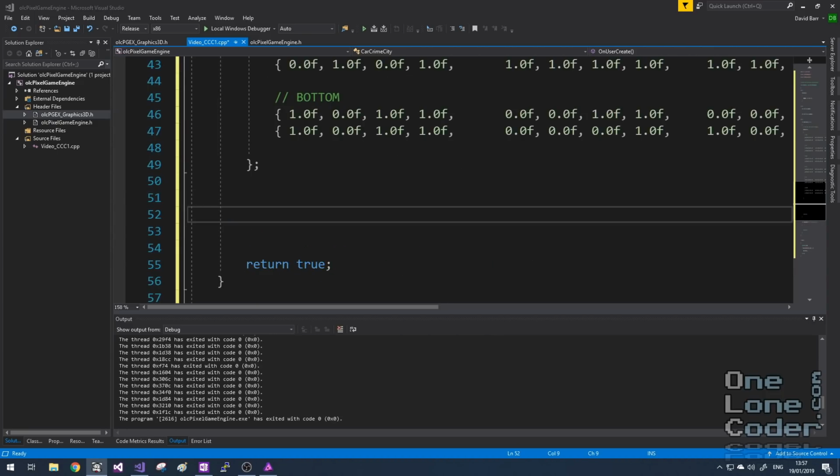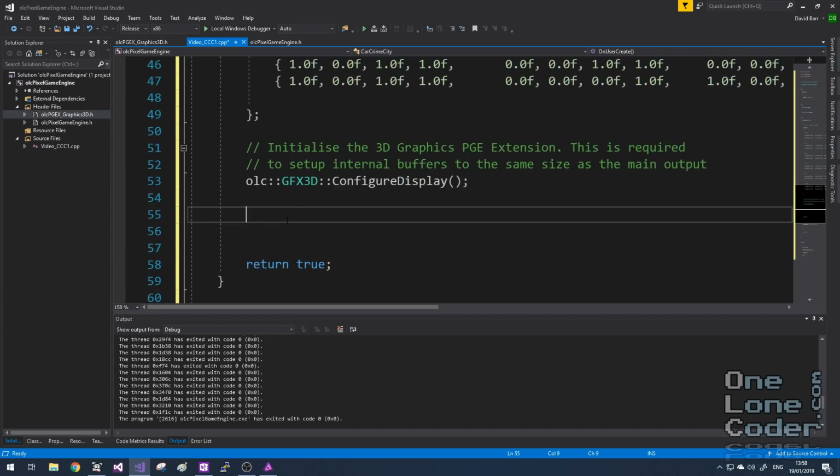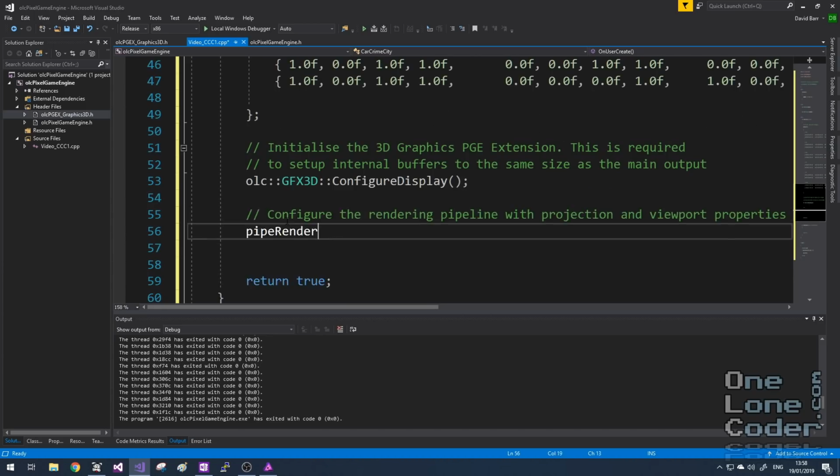In its current form, the 3D extension does require a little bit of initialization. I'm going to do this in onUserCreate. And all I need to do is simply call the configure display function. This sets up some internal buffers to handle the depth. I'll also use onUserCreate to set up some of the more static properties of the rendering pipeline, specifically the projection